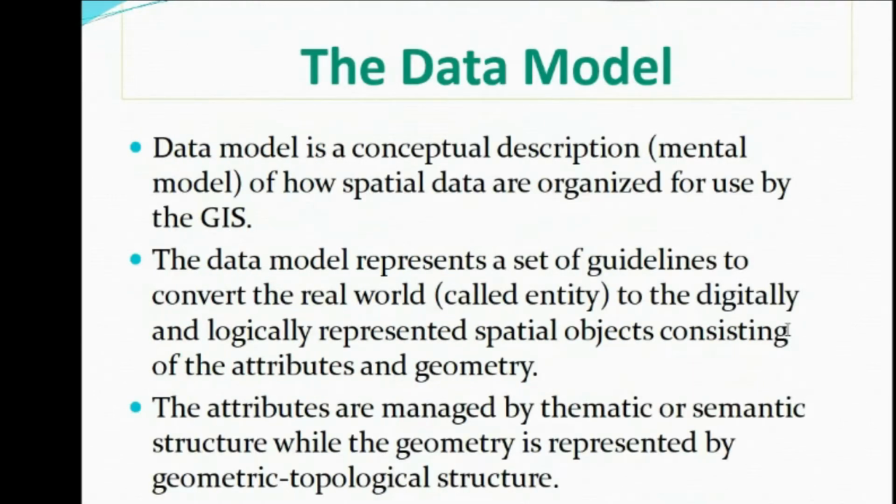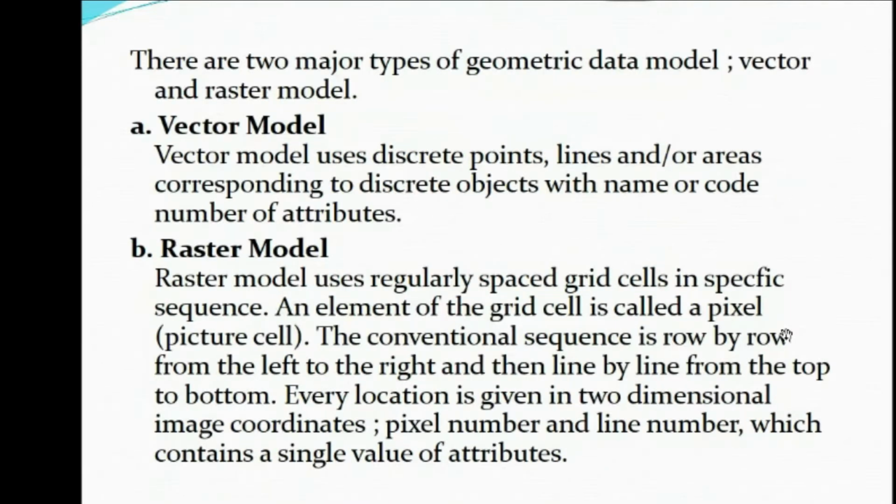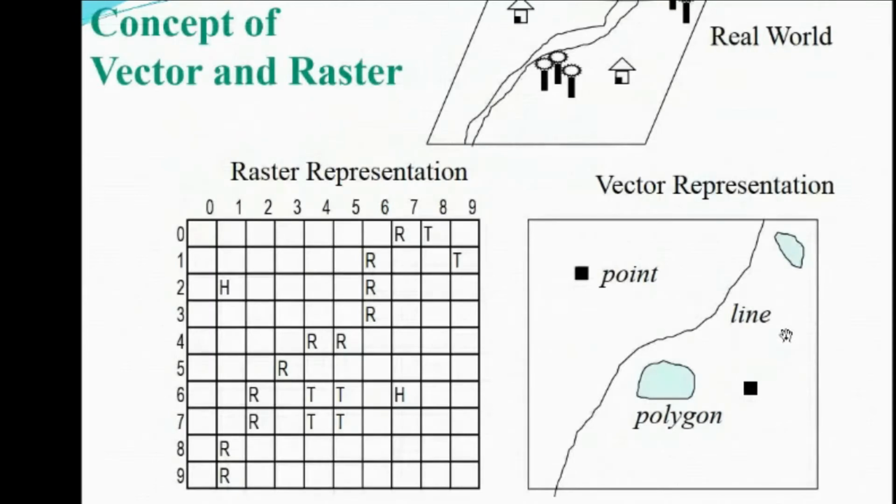Spatial data can be divided into two types in the GIS domain: vector data and raster data. So what is vector data and what is raster data? In this example picture, we can see how the real world features are present